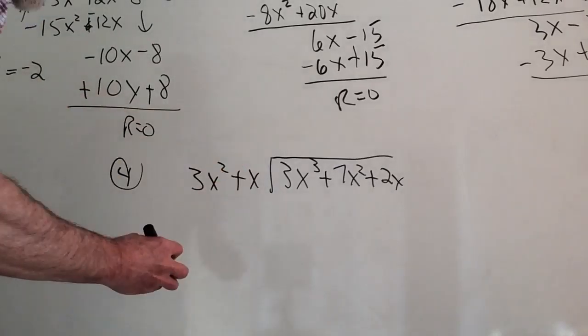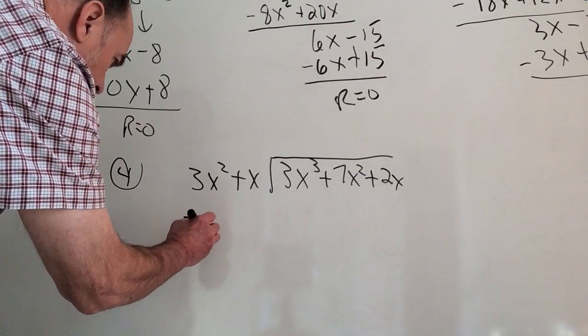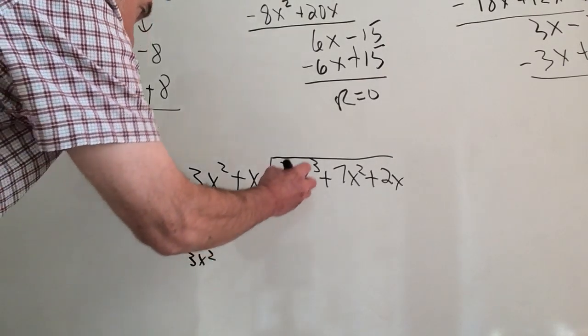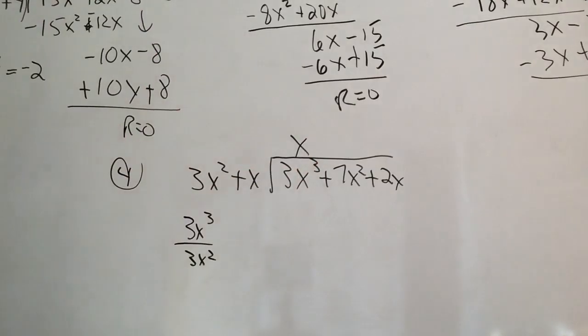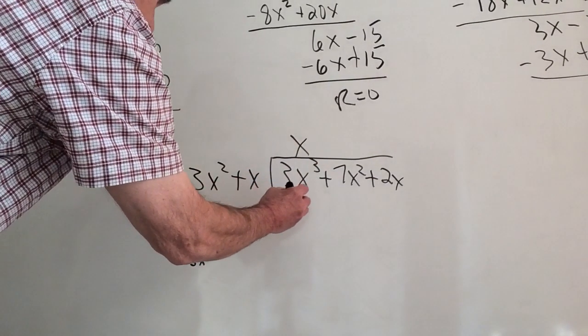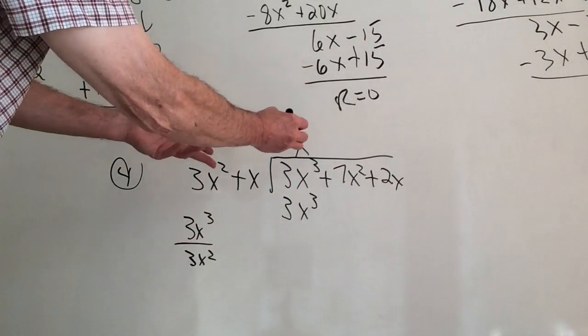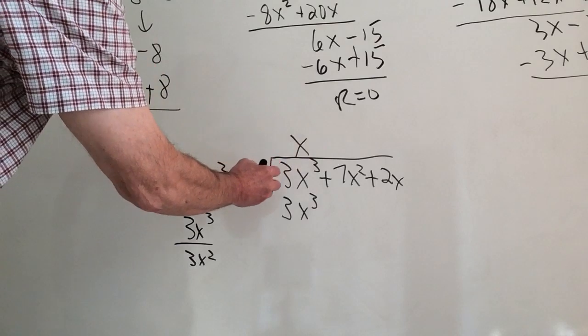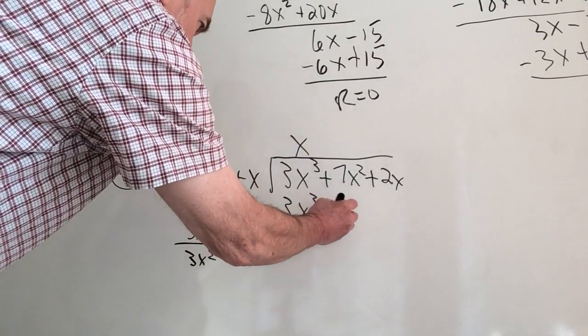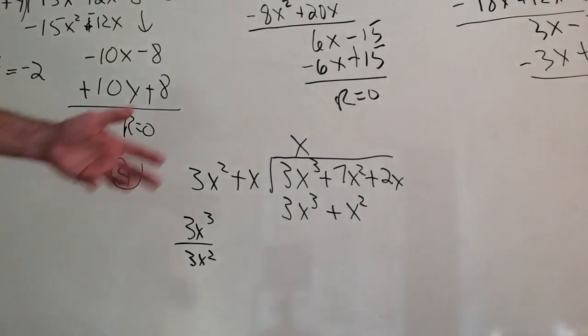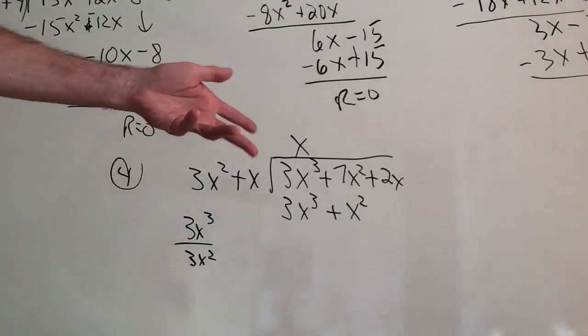Well, here we go again. 3x cubed divided by 3x squared, if you're thinking about that one, that way is just x. I can't think of it any other way. This times this equals that. There you go. What more do you want? Okay, whatever's going on here is going on here. x times x is x squared. It's a plus. Of course, the signs are really important,